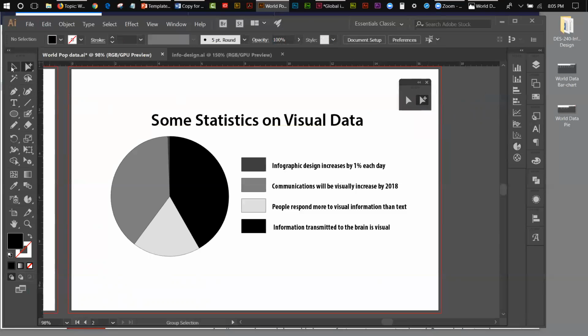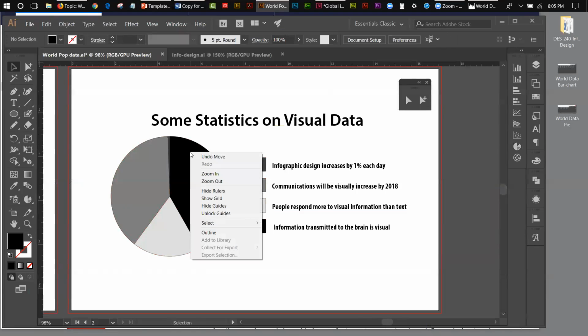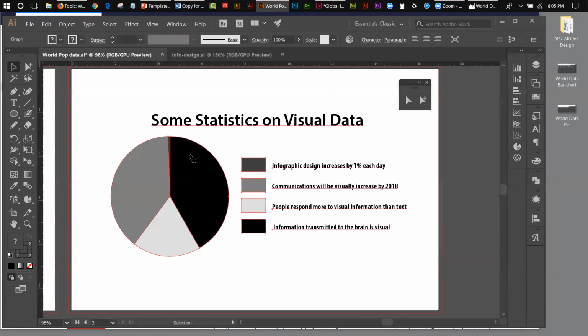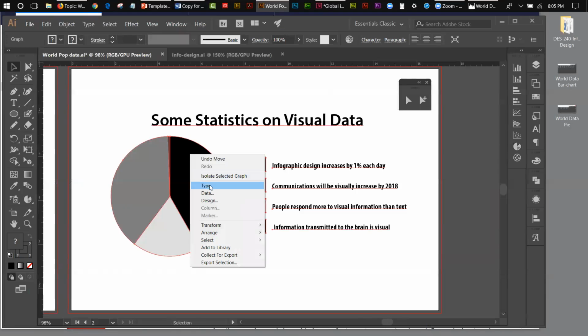Now, why I'm using the group selection tool is because this object is grouped. Now, if I ungroup this, if I go Object, Ungroup, it's going to notify me that I am going to break the link to my chart and graph data, and I won't be able to change that data. All right? Now, what am I talking about? If I come in here and I select it, and right-click on it,